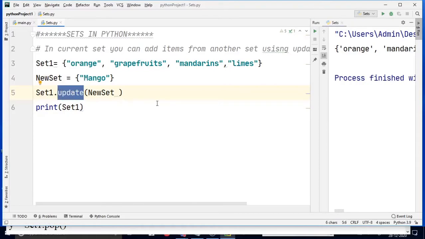So students, one thing I want to tell you is that in all cases, the linear data structures that Python has, that is set, then tuples, then dictionary, and then list, in all these cases the update function, delete function, clear function and add function are common.